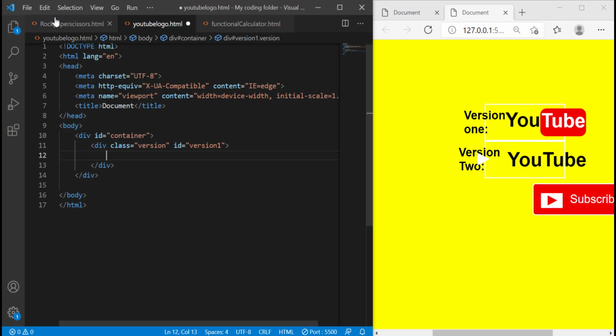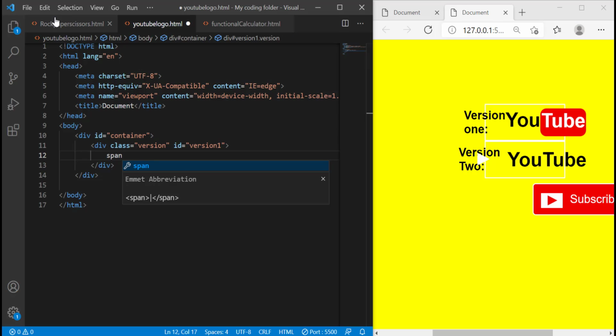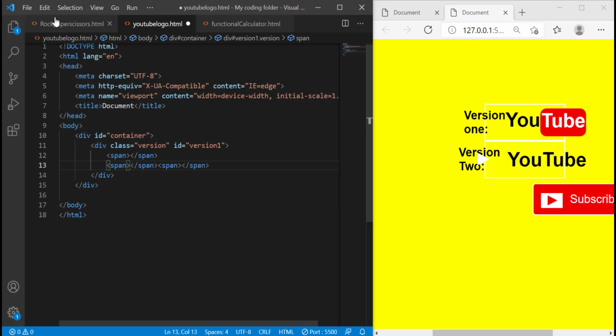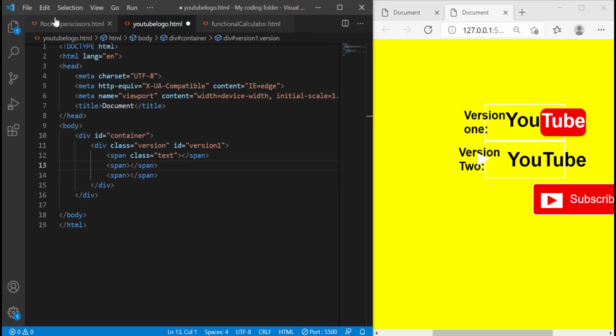And then inside of this div I'll create 3 span tags, so span times 3. Put them on different lines, so enter, and then class equals version, whoops, I meant to give an ID as well, so ID equals version